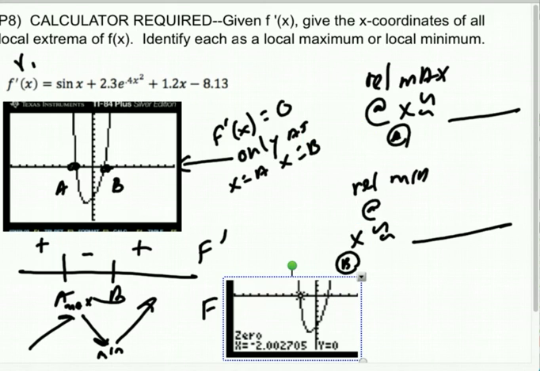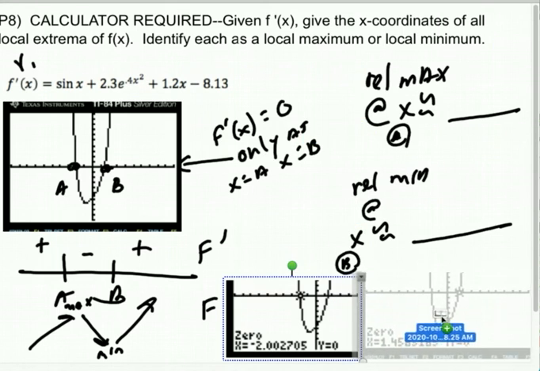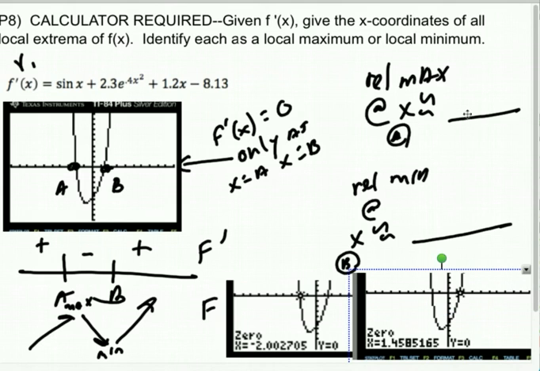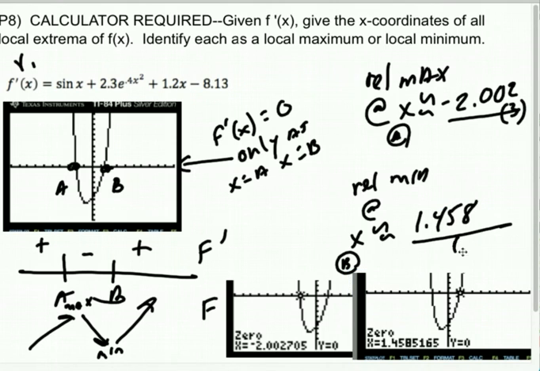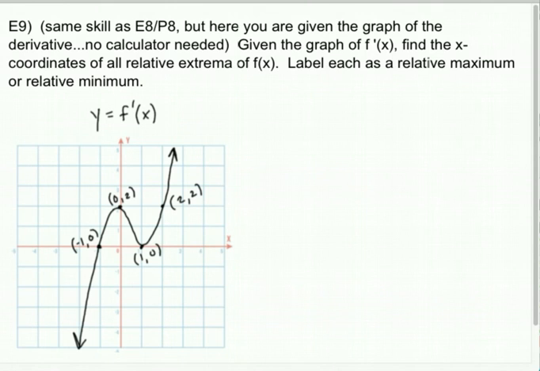So there's the first one, there's the second one, and so then my answer: A was a negative 2.00, either 2 or 3, I would take either, and this is a 1.45, either 8 or 9. Again, either answer is fine. You can round or truncate. Okay, cool. Same skill as an E8 and P8, but here you're not going to be using a